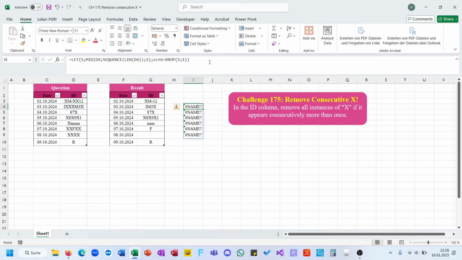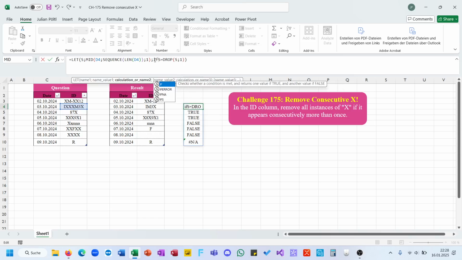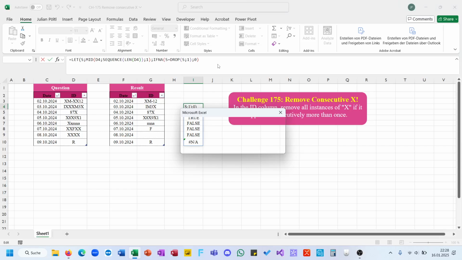Oh no, this will not work. Okay, first, I want something that, if this is true, it should stay true for one longer. Okay, I know what I would need to do. So if RNA is 0, yes,